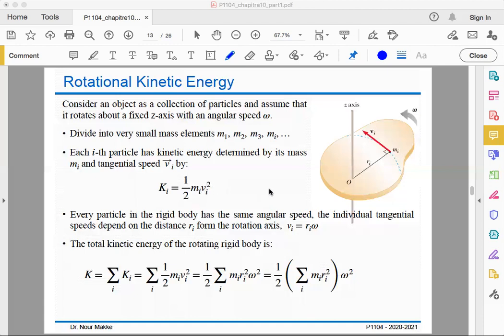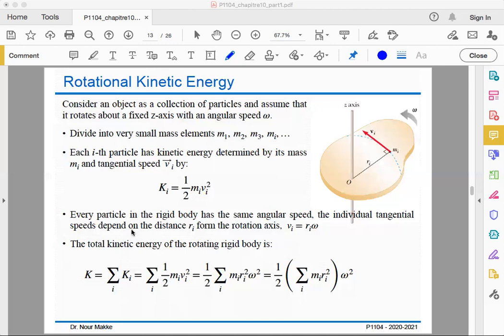Okay, now the idea here is that we have a rigid body, and this rigid body is made of, well, in principle an infinite number of particles, but let's take it that for the moment we have n number of particles. So if we want to deduce the kinetic energy for this whole object, we have to sum up over i, where i goes from 1 up to n, where n is the number of particles in this rigid body, of Ki. So it's the sum over i of half Mi Vi squared. Now